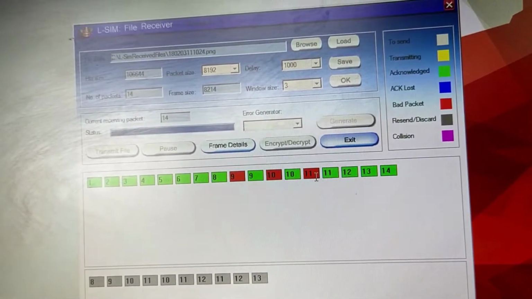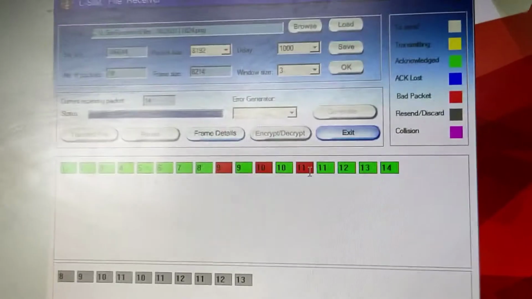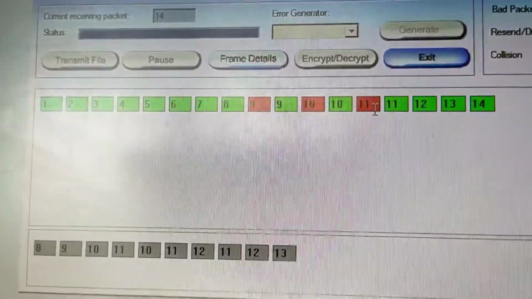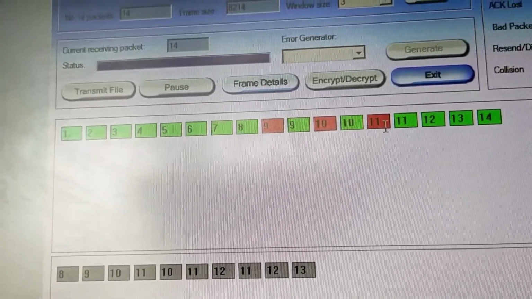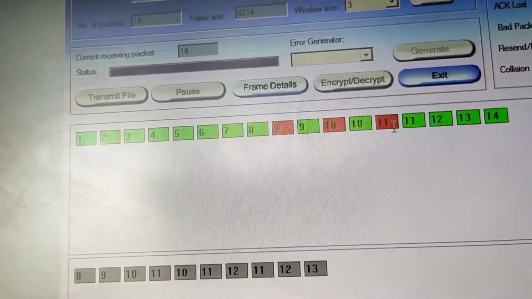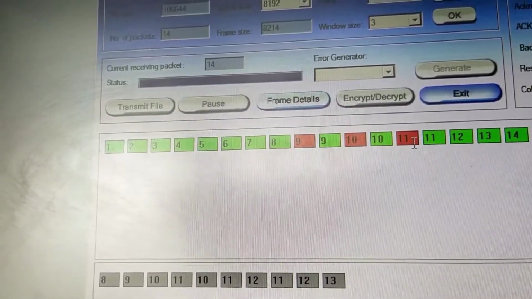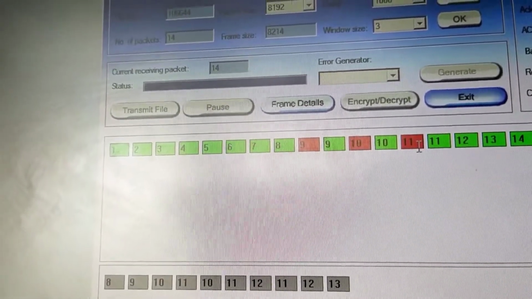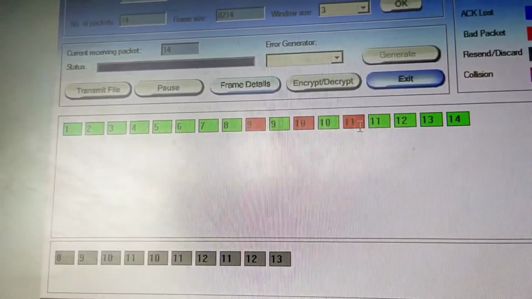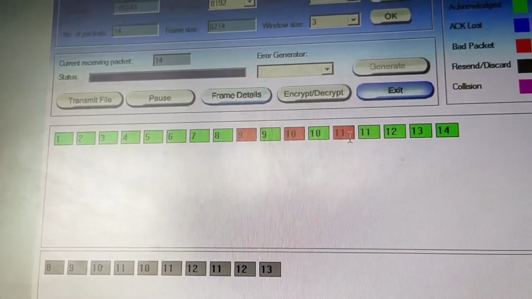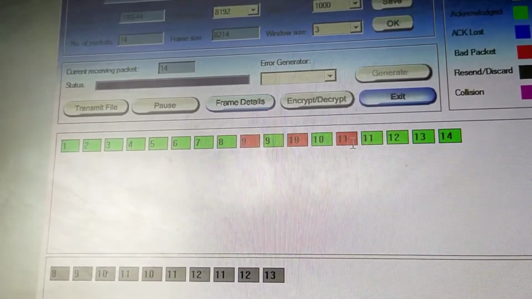If you look at the receiving part, the resent frames are 8, 9, 10, 11, 10, 11, 12, 11, 12 and 13. As you can see, so many numbers are getting repeated due to the go back n and sent again policy. So that is giving you the exact theoretical proof of go back n protocol.